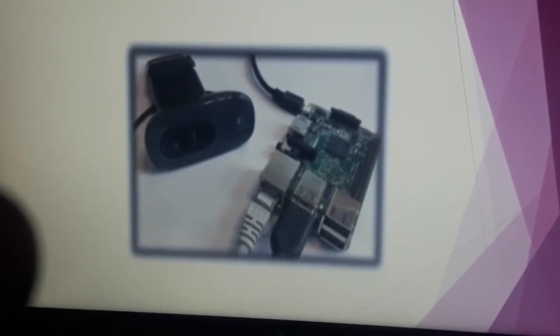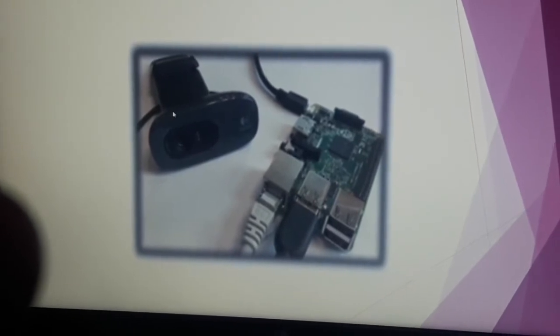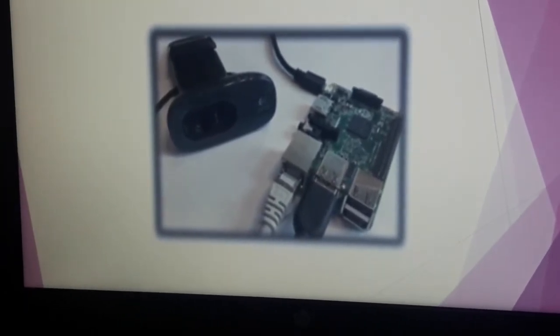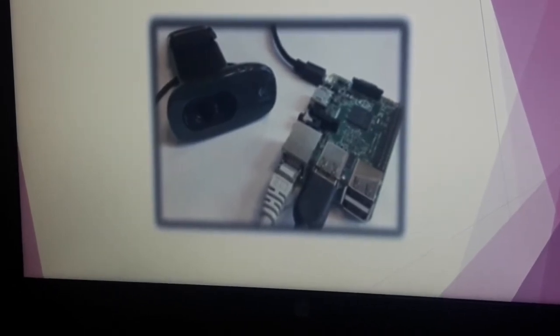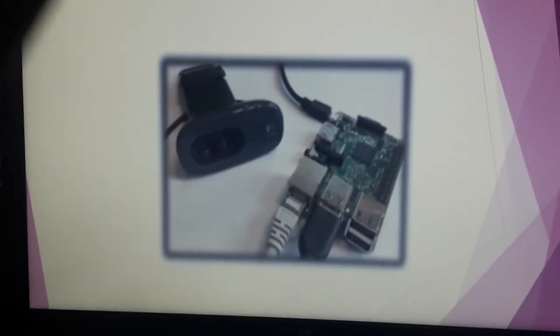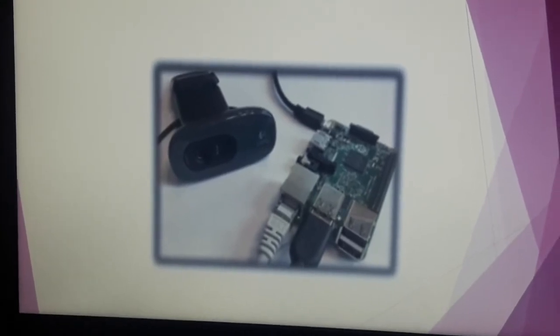So the webcam will read the content and send it to the Raspberry Pi, which in turn activates the speaker to give voice output. The remaining part of the project will be continued by my project co-mate. Thank you.